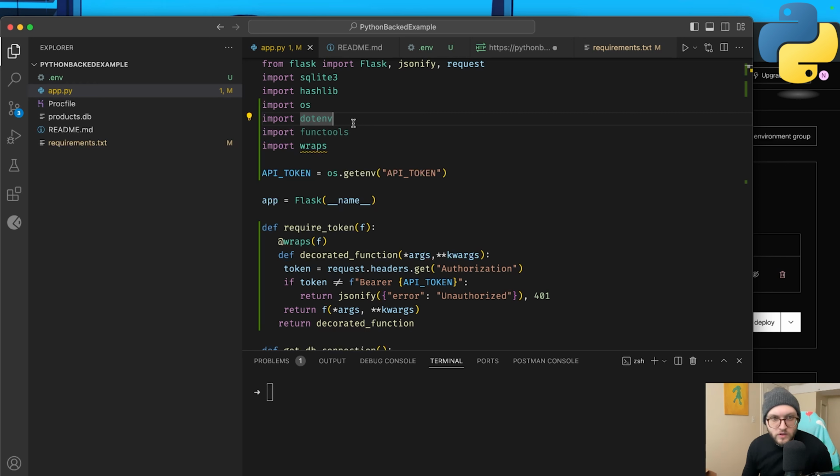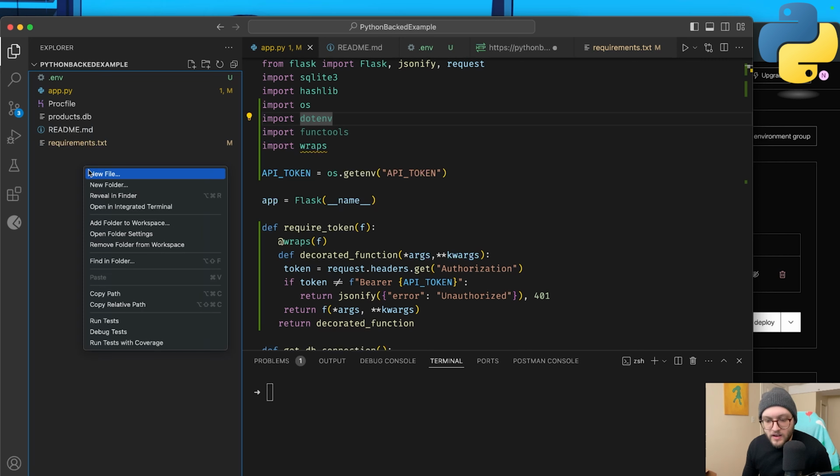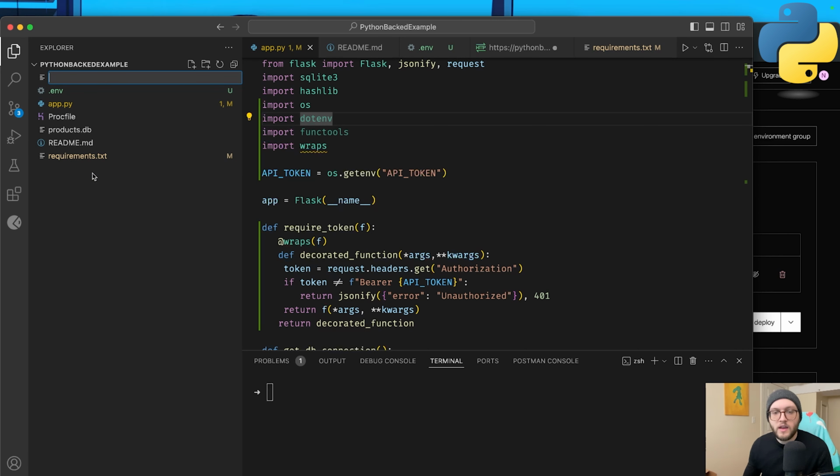If you're not using it locally like we did in the previous API key video, you can also just remove it. But for testing locally, you can keep it here. The next thing we'll want to be adding is another new file here, and we're going to be creating a